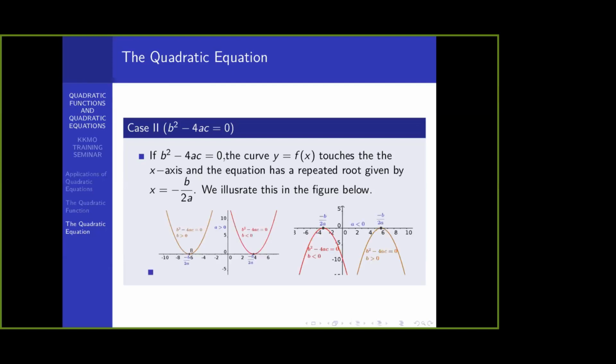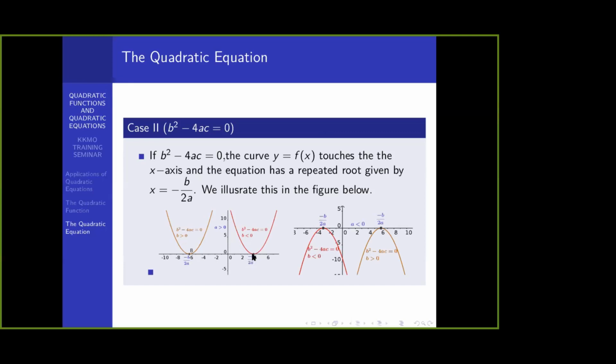So again, we see this in the figure below with different cases. When a is greater than 0, the side on which your graph will sit is determined by the sign of b. If b is greater than 0, it sits on the negative side. If b is less than 0, it sits on